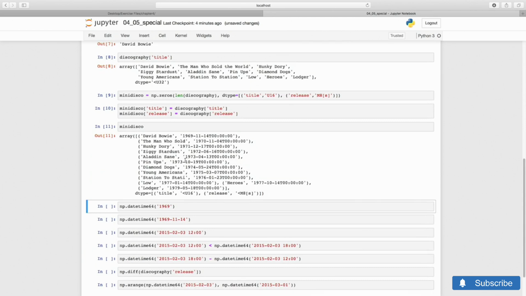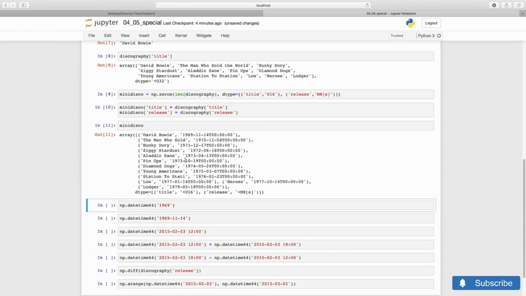Here we see that the title strings have been truncated to 16 characters. Since all the data is stored contiguously in memory, the lengths that we prescribe for the fields are very important and set the limit for the data that we can store. We see also that we specified a finer granularity for the datetime object, seconds, although it's all zeros because the discography array didn't have that information.